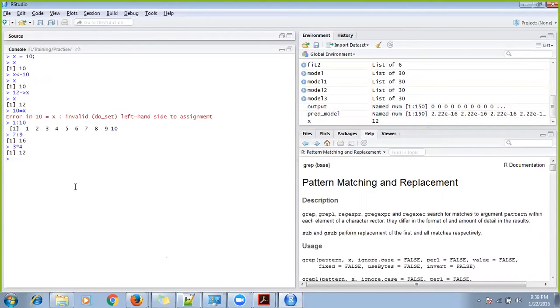Instead of writing in a separate line, I just want to write it in one shot. So what you need to do is 7 plus 9, end it with a semicolon. When you put a semicolon, it understands that this particular instruction is over. After that, you can give some space and write 3 star 4 and give a semicolon. So it will understand that you are executing two instructions. It will give the first value as 16, the second value as 12. So this is the way you can also write. Okay.